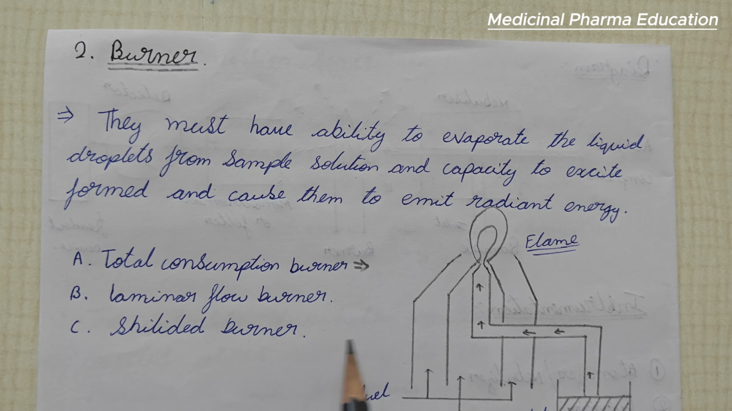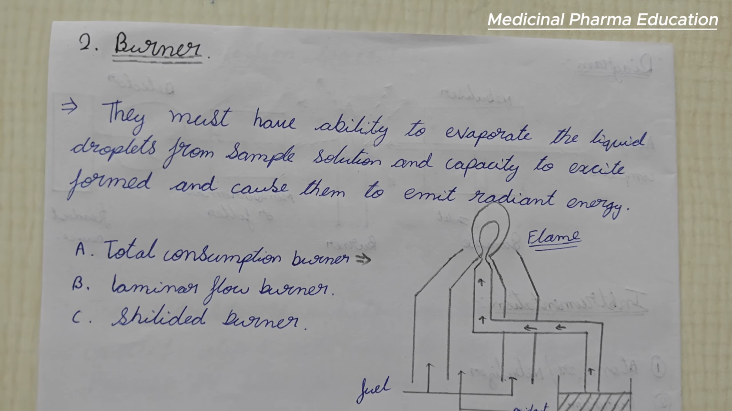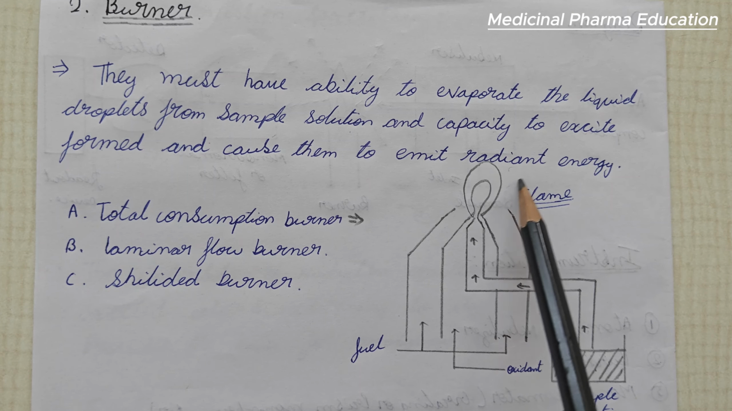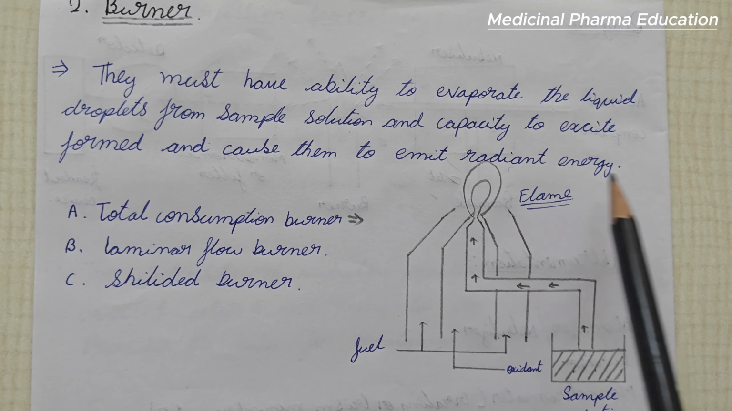shielded burner. The total consumption burner, this is the diagram. You can draw this diagram, I'll just explain the diagram. See, on one side the fuel or oxidant is passed and the sample is introduced in between, as the flame burns and the sample also burns. This causes the excitation as well as emission of light, and the light or energy emitted is